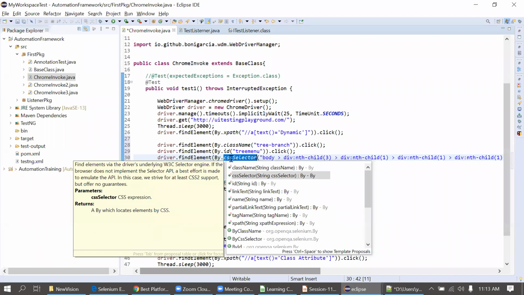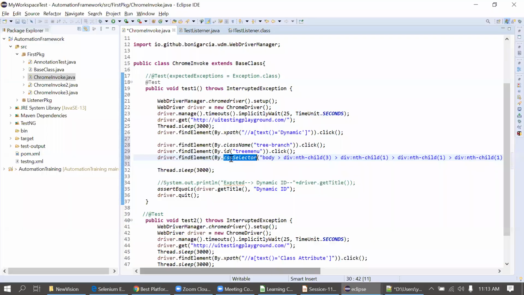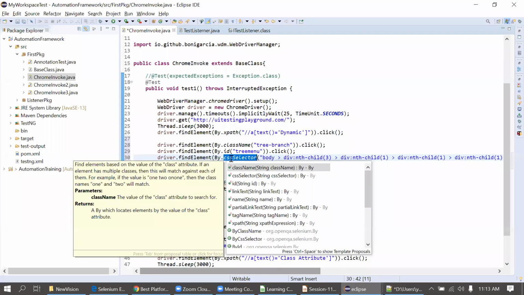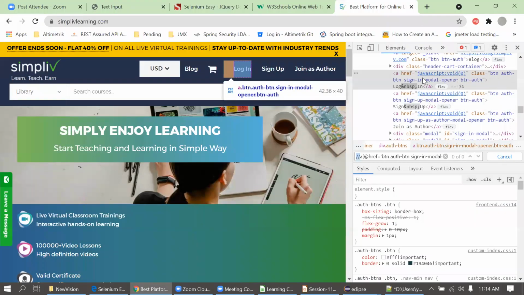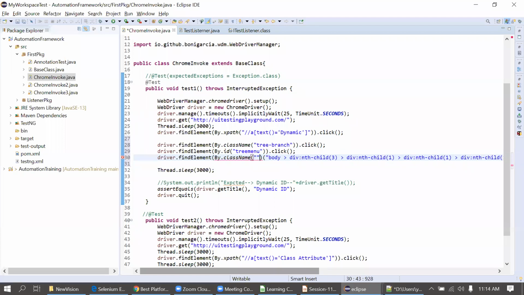Forget about this part actually, we are creating using XPath now. CSS selector, right? So instead of writing class, you can use this CSS selector over there. If I know the class, I will simply copy this class name. I will paste the class name here.